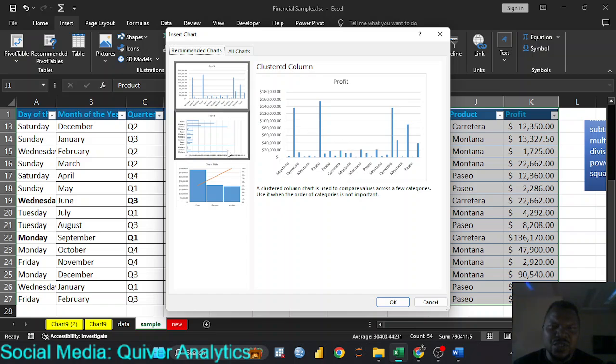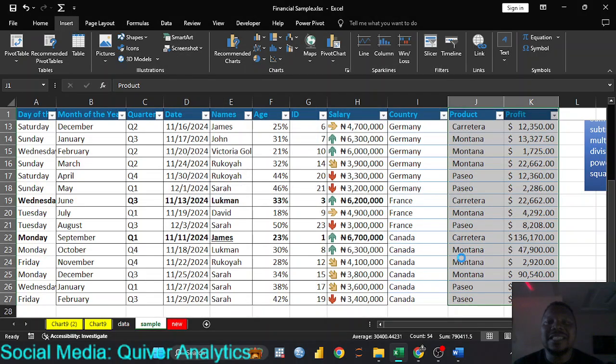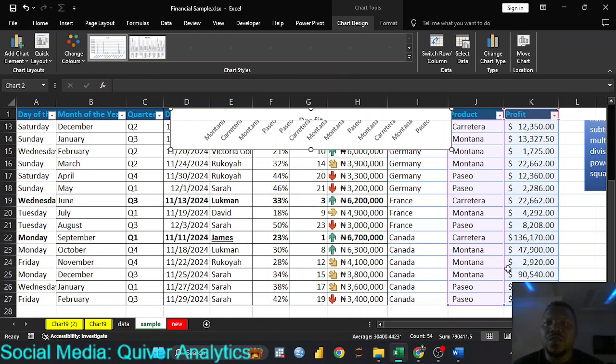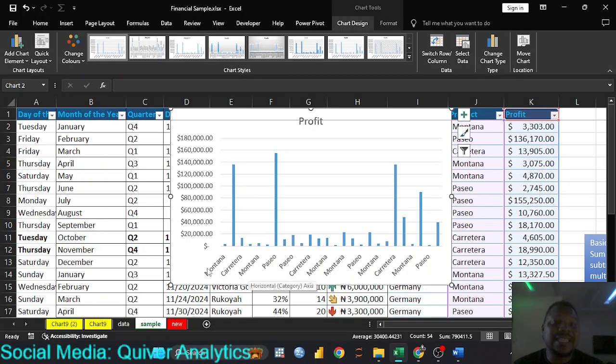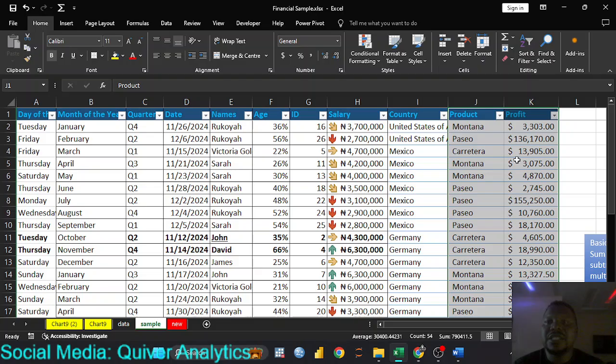All right, so we have Montana. So it plots them the way they are. This is a static chart. You can see Montana repeating itself. So this is not a good representation. It's not a good representation at all. All right, I'm going to teach you how to create a proper chart for this, but before then I'm going